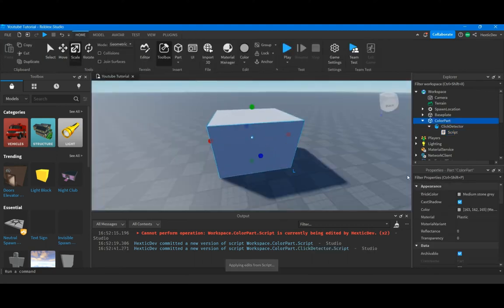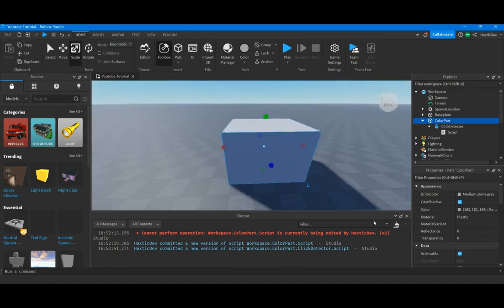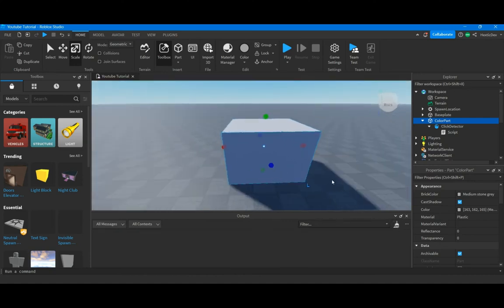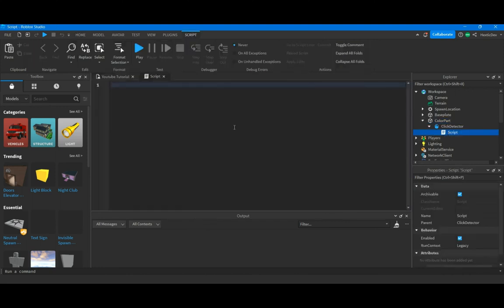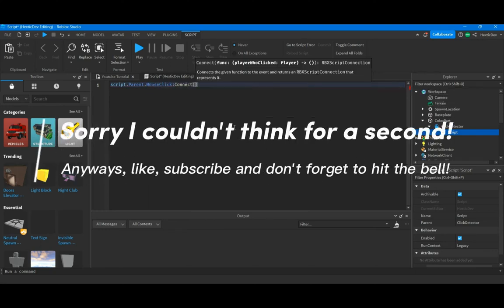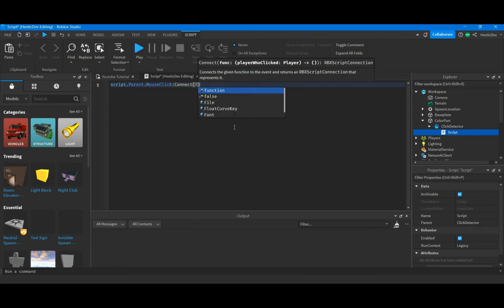And from there, you can go back to your part. So, your part's this gray color. Let's go ahead and clean up the console. Your part is this gray color here. We want to change it to any random color, so I'll go ahead and show you how to do it. So, what you want to do is script.parent.MouseClick:Connect and then function